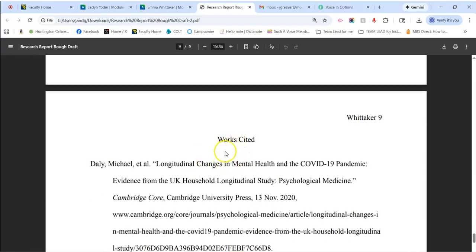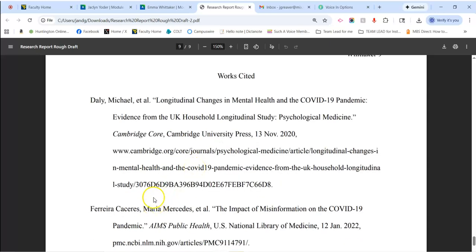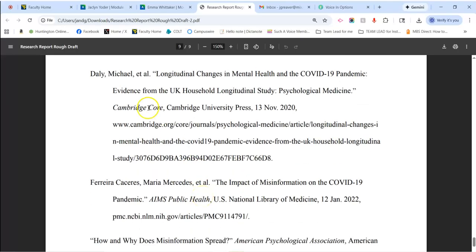You got some excess spacing here, so you want to close that up. Make sure it's all double spaced. All double spaced. Same here. Get rid of that excess spacing. If you're not sure how to do that, you can let me know, or you can Google how to fix that. You can ask me, and I can help you out with it.